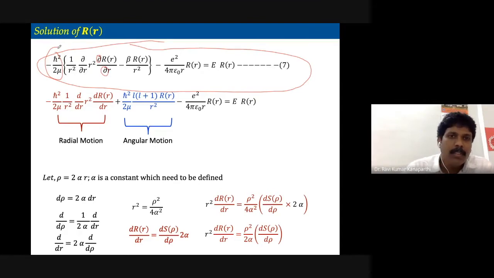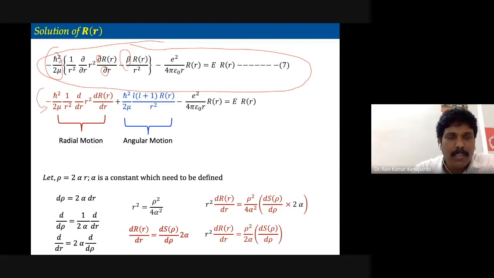And further, we also obtained the value of beta. Beta, initially we introduced as a constant when we were trying to solve the theta equation, right? But at the end of the derivation, we understood that the quantity beta has to be L into L plus 1. Therefore, we will substitute for beta. So that is exactly done in the next step.